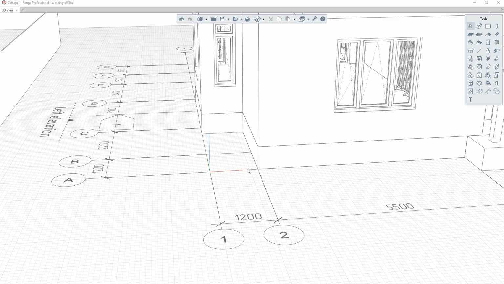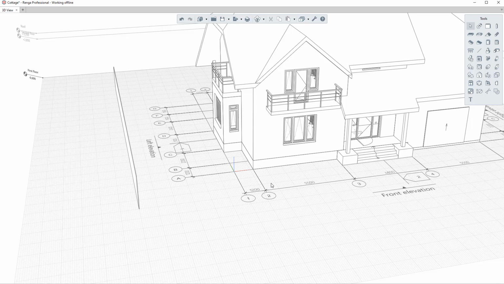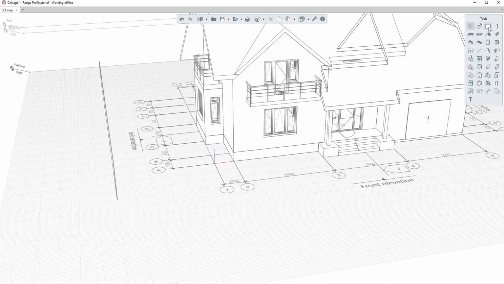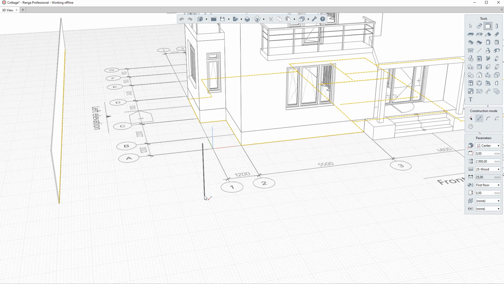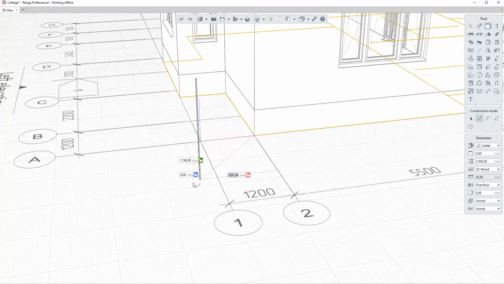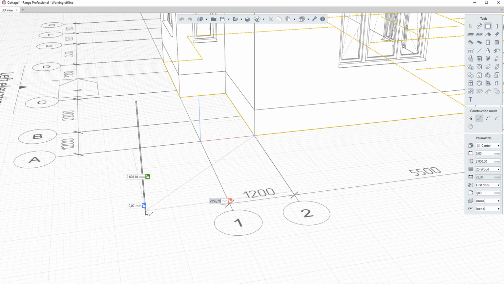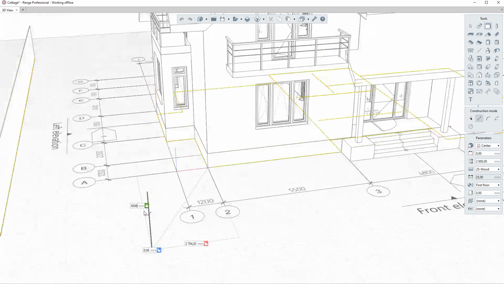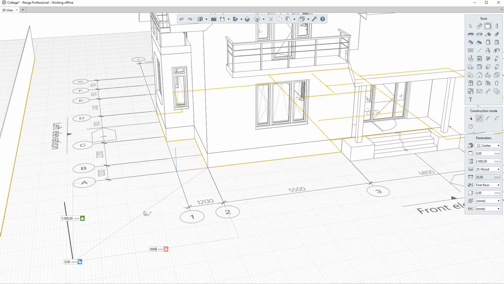We built the first wall randomly. Object snaps and tracking snaps allow us to accurately construct objects in the model, for example, at a distance of 5,000 mm from the cottage. To call a tracking snap, keep the mouse cursor at the corner of the building. The point will change color. Use the mouse cursor to set the tracking direction to the expected point. Set the value in the green field 5,000 mm. With the Tab key switch between input fields. Set the value in the red field 5,000 mm. Click the left mouse button to fix the position.